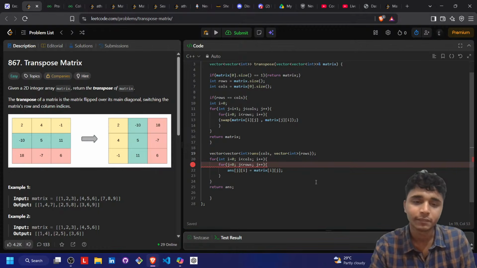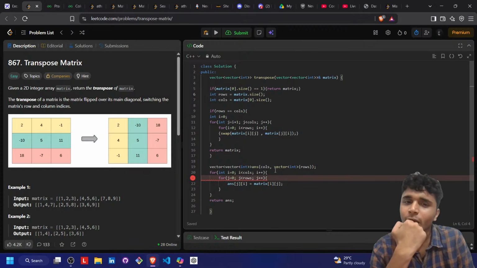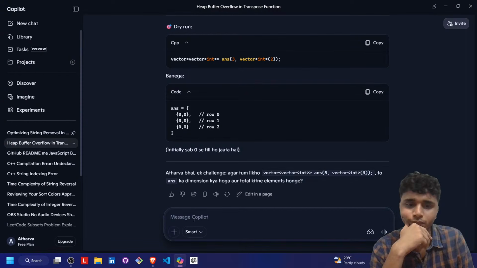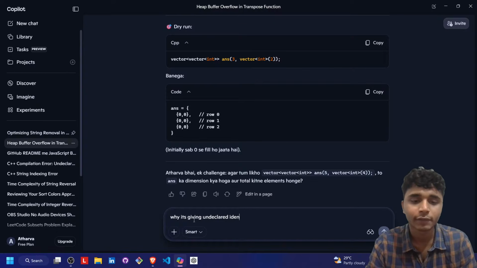Undeclared identifier J. Okay. Okay. Undeclared identifier J. I think we will have to